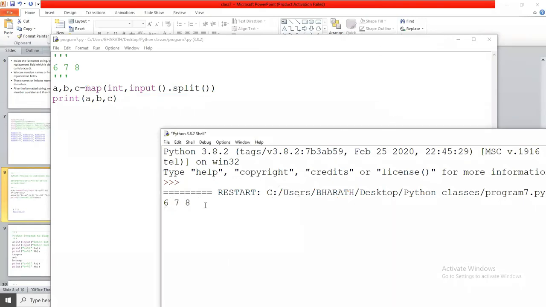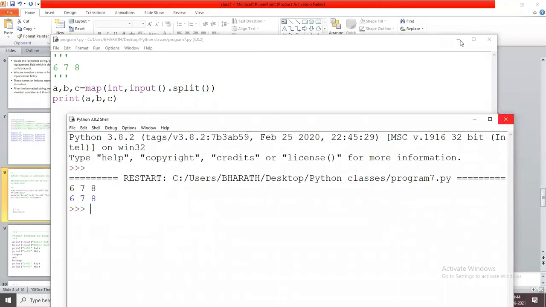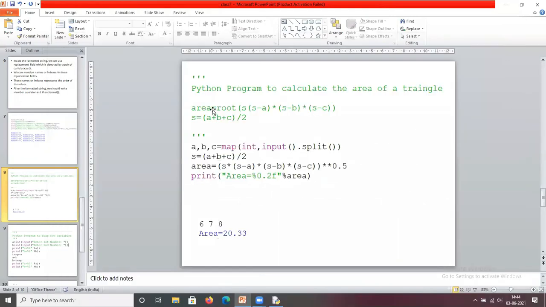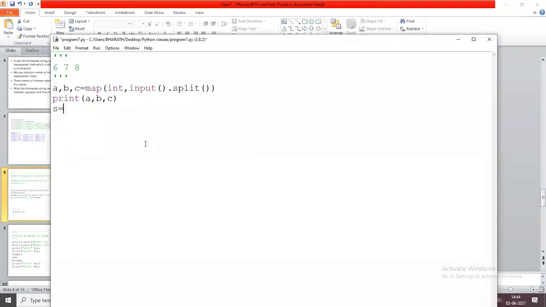If I give 6, 7, 8, yes, it assigns the values to A, B, C only. Okay. Now what is the problem? You are going to find the area of a triangle. To know the area of the triangle, you are going to find the S value. So I write S equals to (A plus B plus C) by 2.